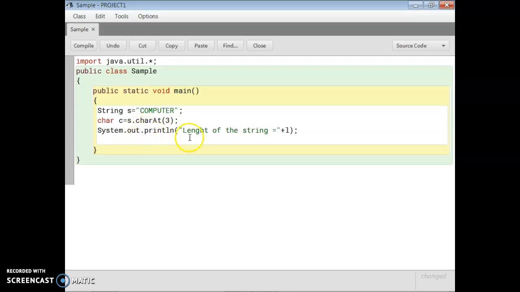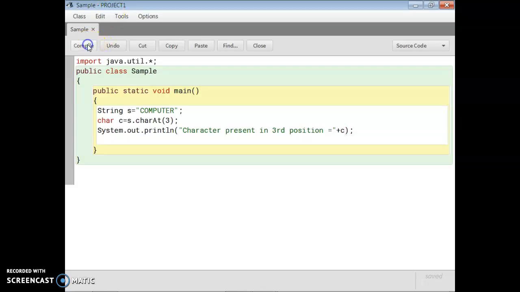So let's see whether the result is correct or not. Here I print the character present in the third position equal to, and here in c we have the result.